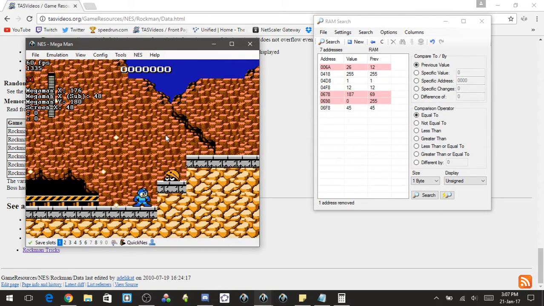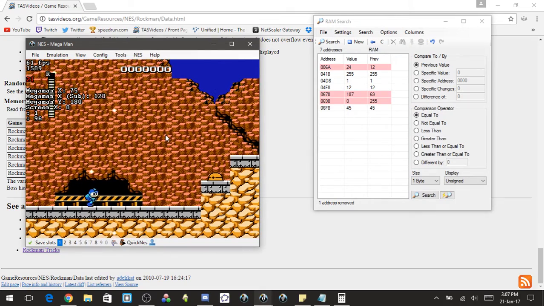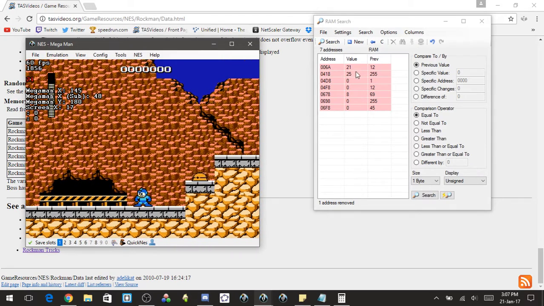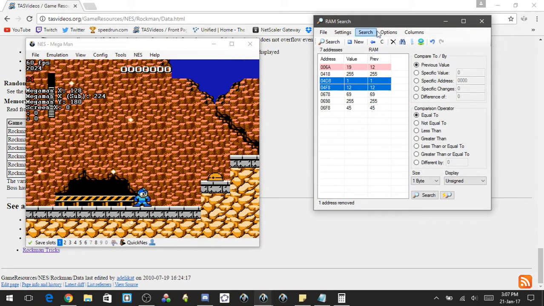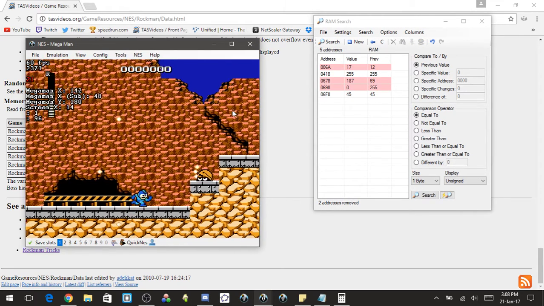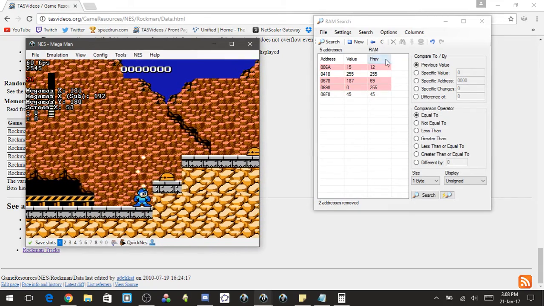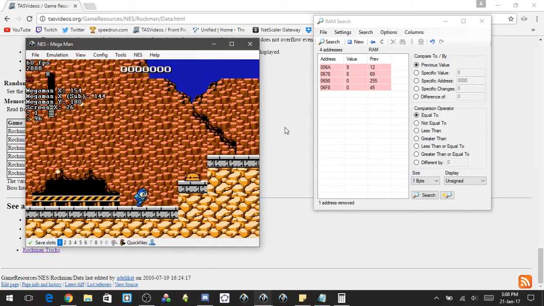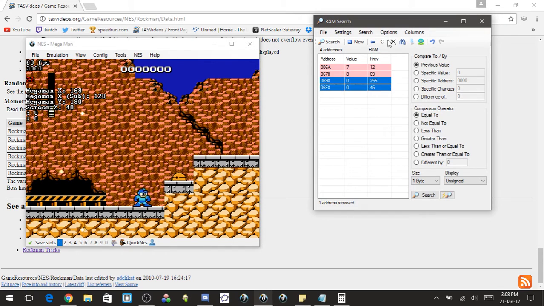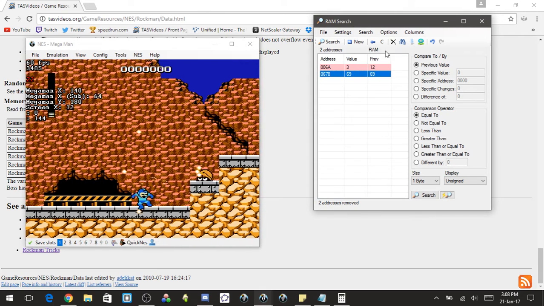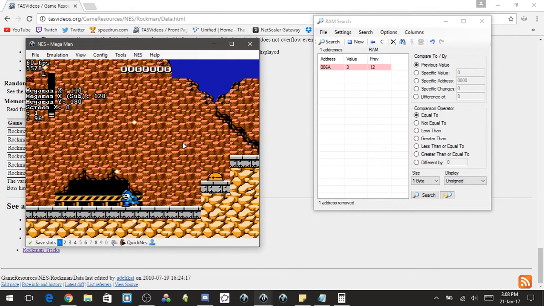And I doubt these zeros are health, because I don't have 0 health. Similarly, I don't have 255 health. Same logic here. And this one didn't change when I lost some health just then. So it looks like 006A is health, and we can check that